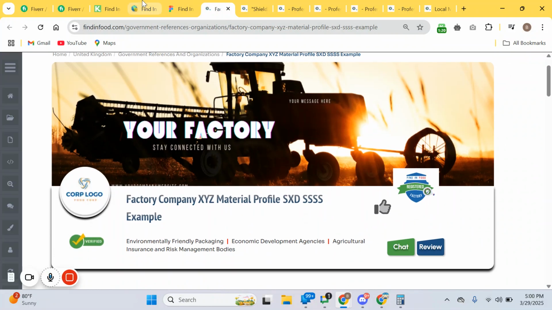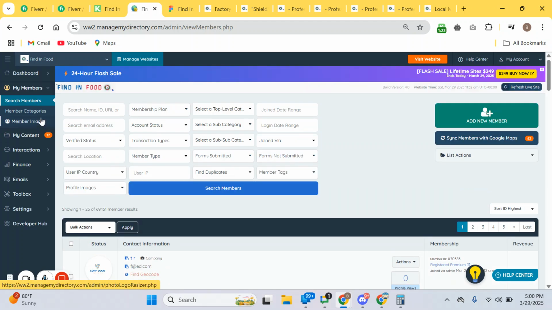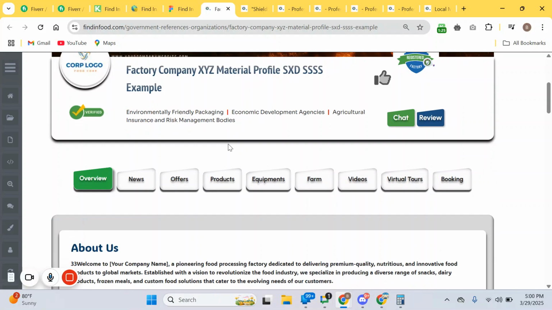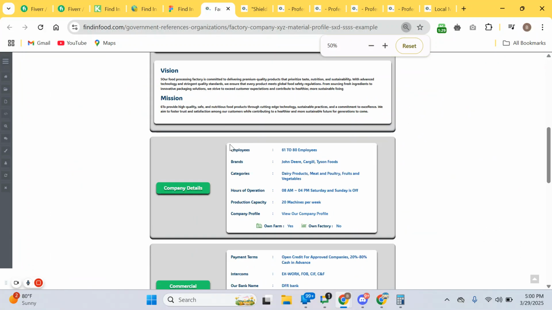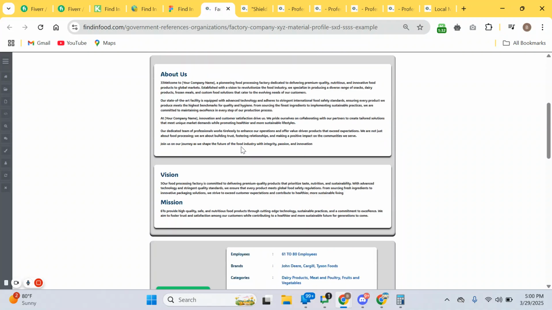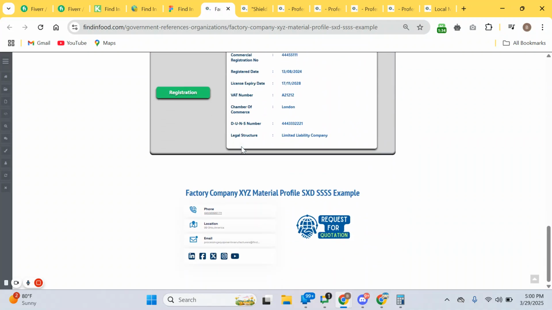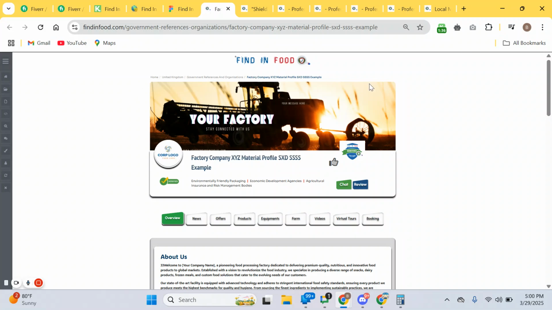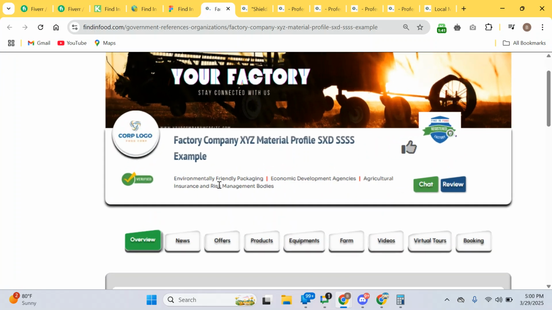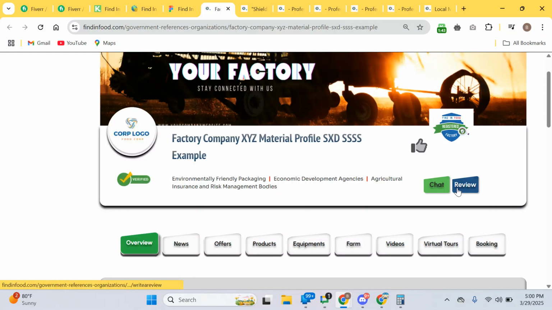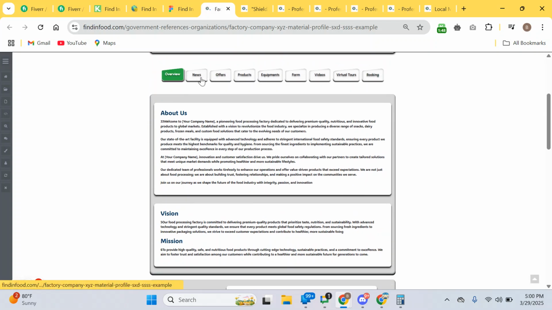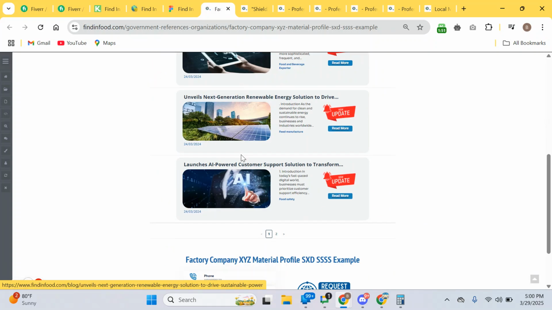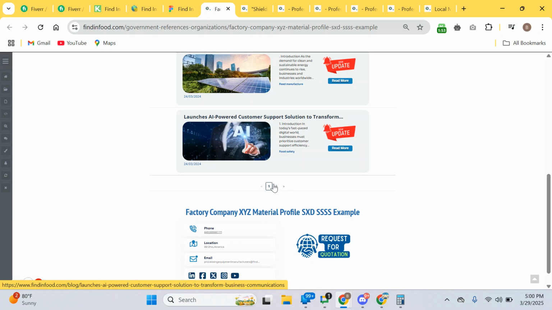So now I'm going to show you, this is a Brilliant Directories website and this is a member profile page. Okay, I will make it smaller so that we can take a look. This is a member profile page according to Figma. This is the main card where the logo, the name, and the subcategories, chat, review, like button, okay, and the overview tab. If we go to the news tab, this is a news tab layout, and here is the pagination